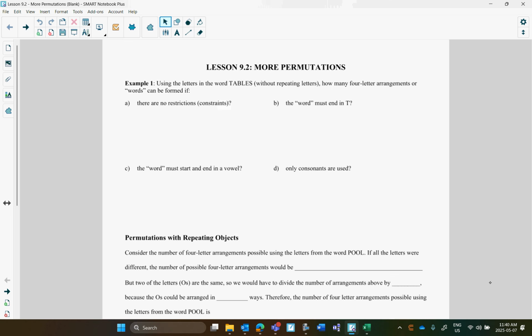So again, just as a review, this first example is review from 9.1. We're using the letters in the word table, which means how many letters do we have? 6. And how many 4-letter words can we make? So that's telling me right now,